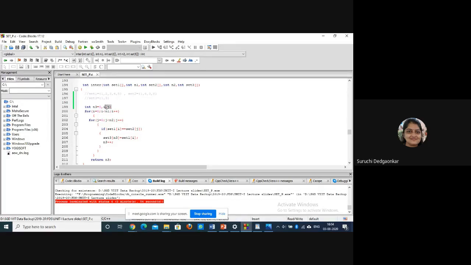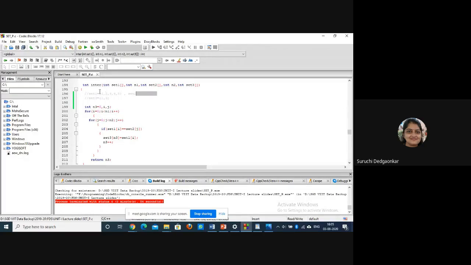And i and j are the loop counters. So what we are doing is, these are our set 1 elements, and these are the set 2 elements, for example, and this is the resultant set 3, which is the intersection set. In set 1 we will access the elements one by one. Initially we will take 1 and search whether 1 is there in the complete set 2 or not.